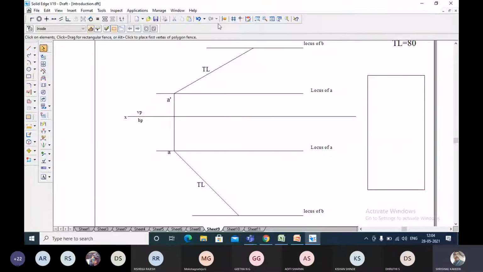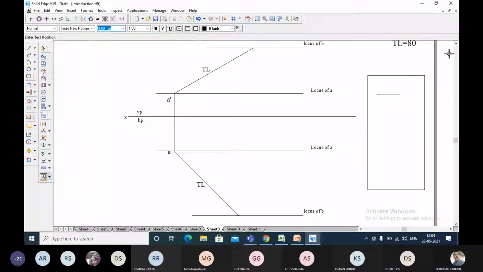The first condition: let me take one line. You may be given the true length here and true length here, and you can do the problem.